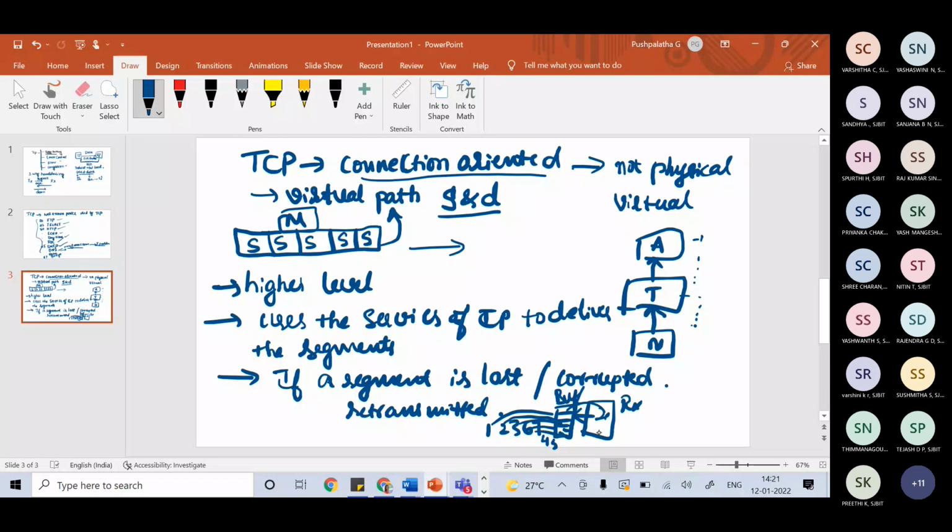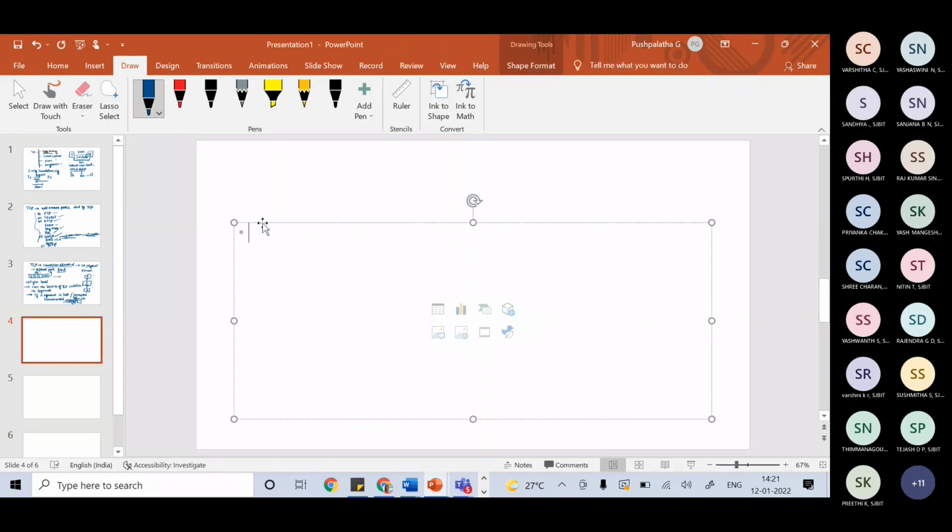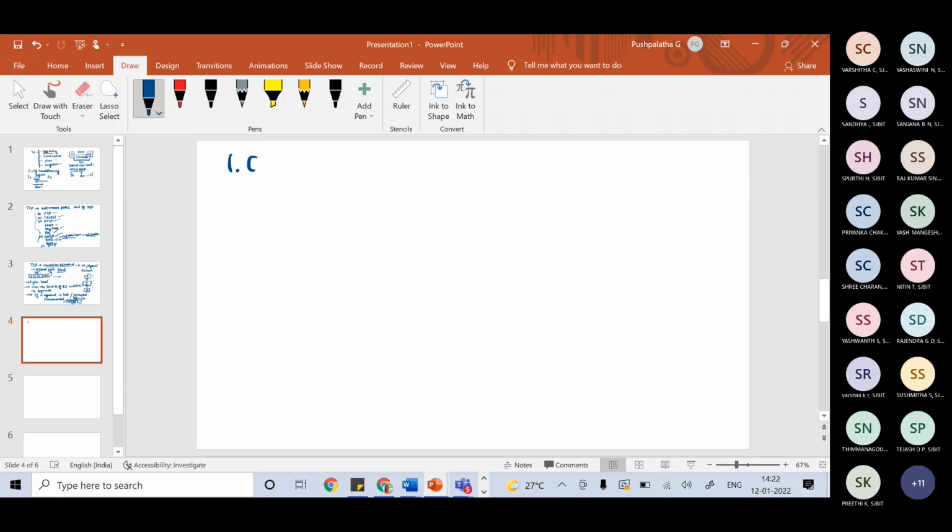And here in case of connection oriented, it requires 3 phases. As I told you previously, if I talk about connection oriented, first connection should be established, then data transfer, then connection termination, correct? And in that, the first one, I told, is connection establishment. So how is the connection basically established?